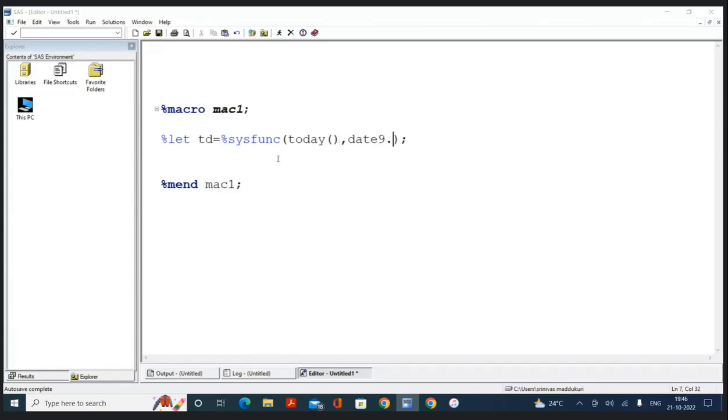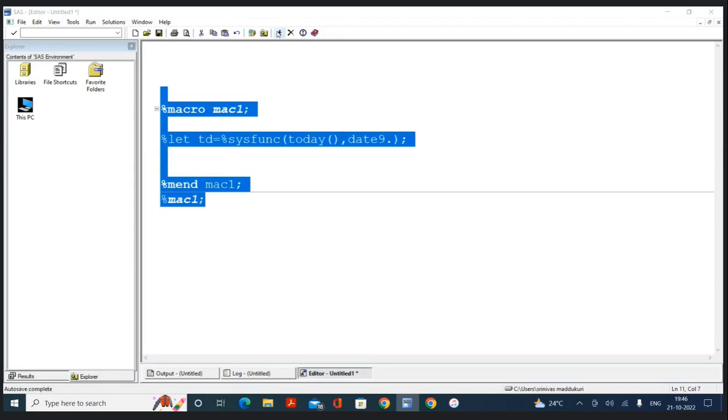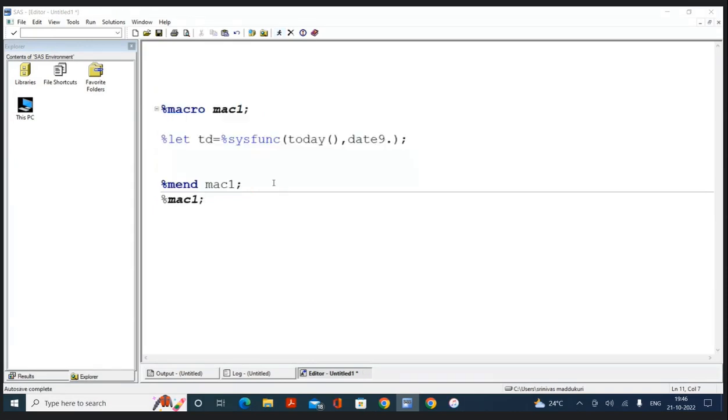Now I want to check whether this macro variable has been created. First of all, I want to resolve this macro. Now I'm writing %mac1 one more time, because since we do not have a parameter, you should write a separate macro name. If you execute the program, mac1 will get created and will get invoked. Now I want to check whether the TD has been created or not. So to check that one,